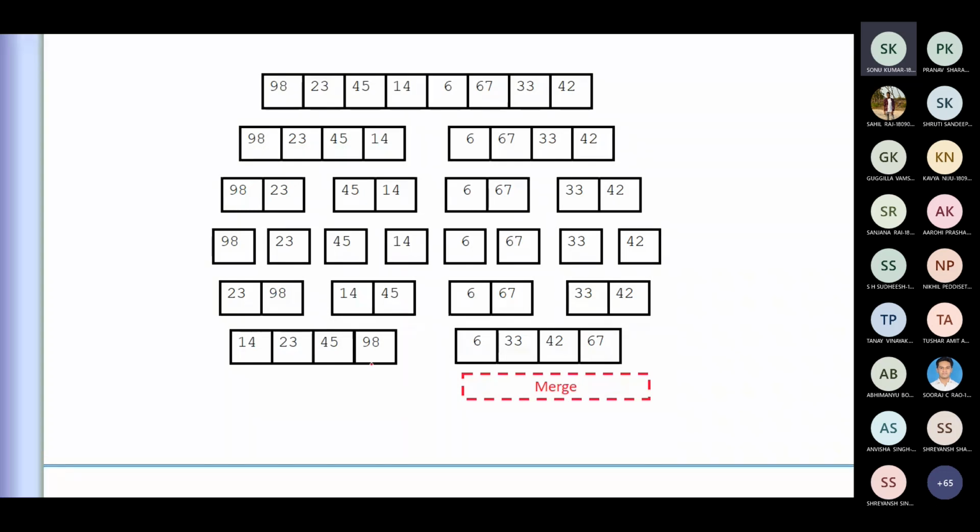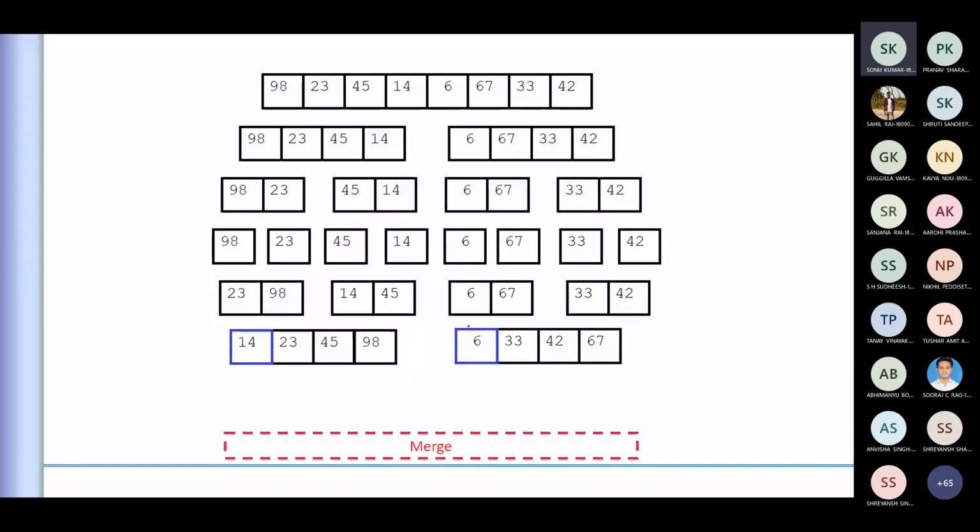So what will be the next part? We are trying to merge them together with the ascending order method. So what are we comparing? We are comparing the index of this with the index of this and seeing the content of that. And this happens to be the smaller, so this will be placed, and now the comparison will begin with the 14 with the next element of this.